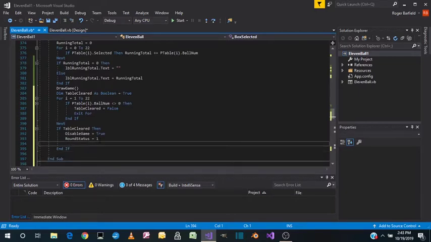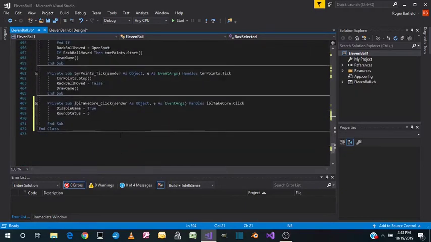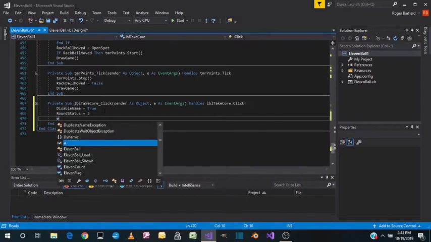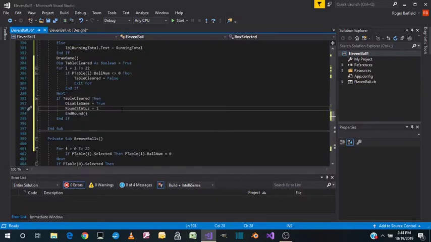We need to go to the end round. And the same thing down here at the bottom. We need to do end round. Okay, since we disabled the game on both those reasons,